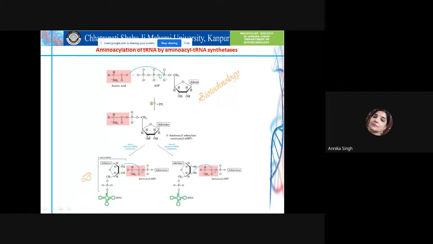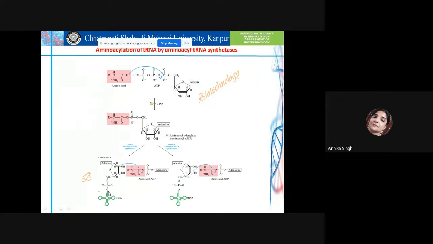This active amino acid is then recognized by the specific transfer RNA and bound with it by an esterification reaction, in which initially, in case of class 1 amino acyl transfer RNA synthetase, the 2 prime hydroxyl group actually attacks the carbon of the carboxyl group of amino acyl AMP, and the amino acyl group is transferred initially to the 2 prime hydroxyl group of the 3 prime